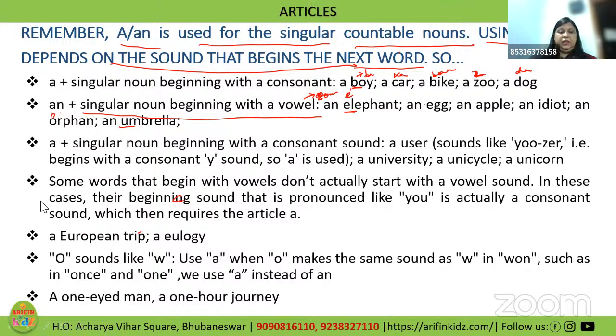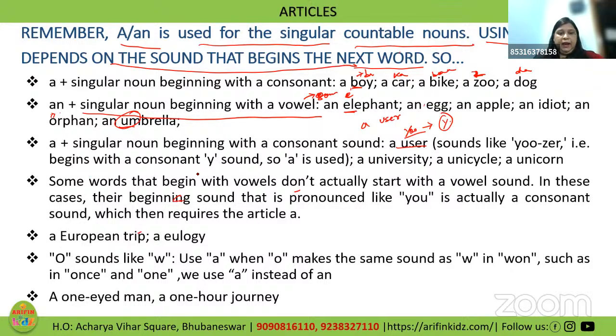And here you can see a singular noun beginning with a consonant sound. You can see which consonant sounds we are talking about. Now, when you say user, the sound is like this: U. But when you say umbrella, the sound is A, while here the sound is U. And U is a sound that begins with Y, so that is why we are using a user,